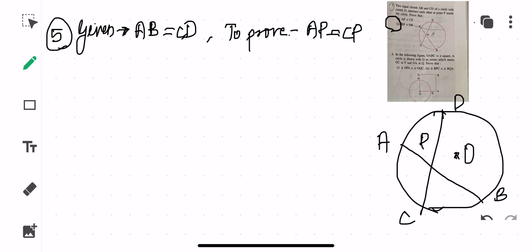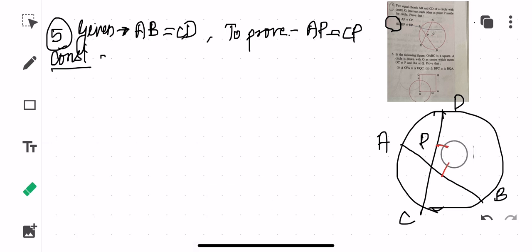Okay, and then for construction, of course, you can look into the figure that this question cannot be solved without taking perpendiculars. So from O, you will be dropping a perpendicular like this, and here also you will be dropping a perpendicular like this. Okay, so I'll be just